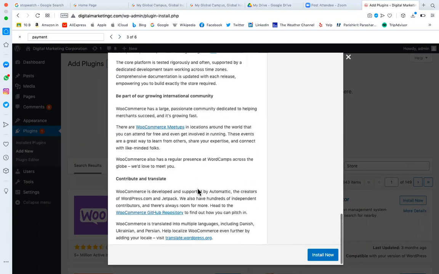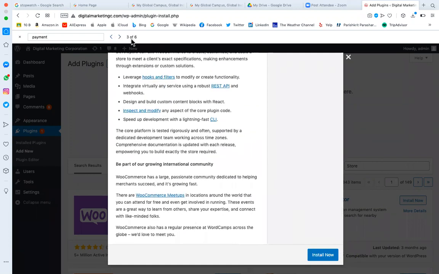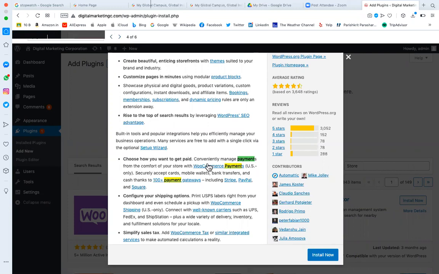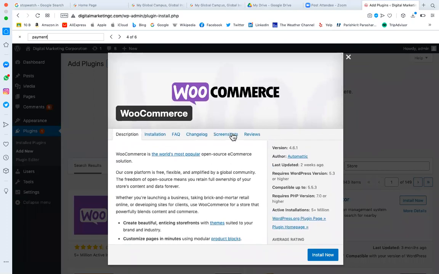Choose how you want to get paid. So you can manage the payment gateway here. This plugin will help you manage the payment gateway as well as an online store. This way we look for whatever feature we want. Is that feature this plugin is giving me or not?